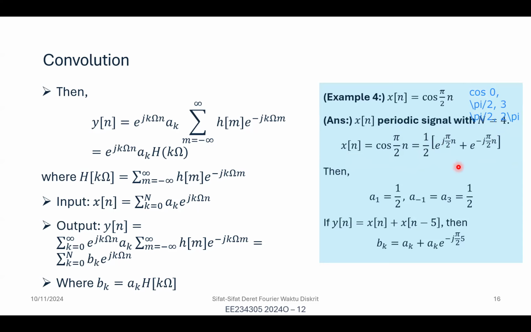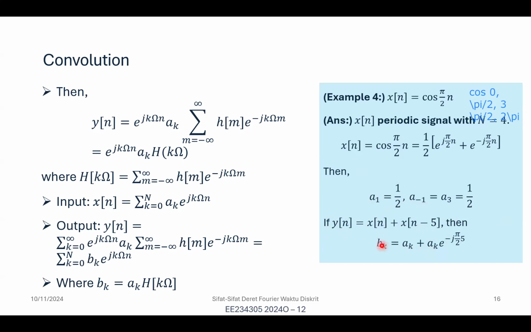Then we can get the Fourier coefficients of this signal. We have a1 equals half, and a minus 1, which is a3, is also half. And if yn equals xn plus xn minus 5,